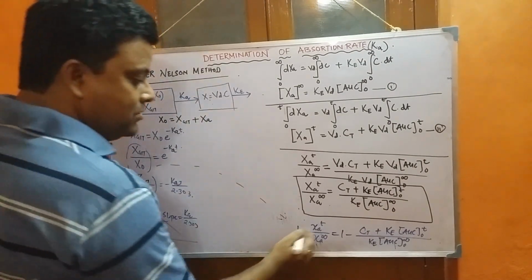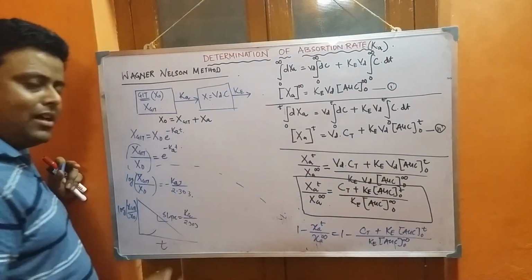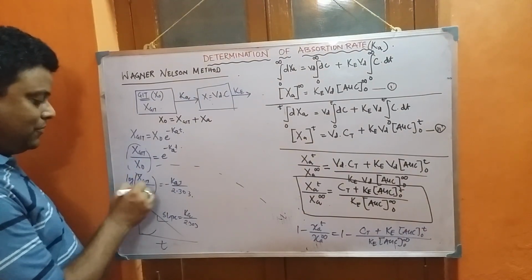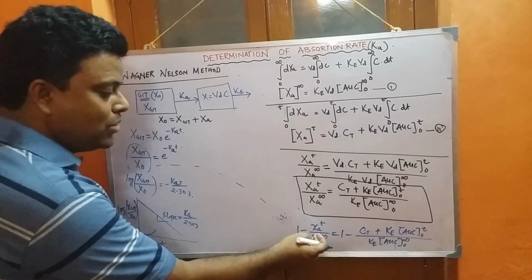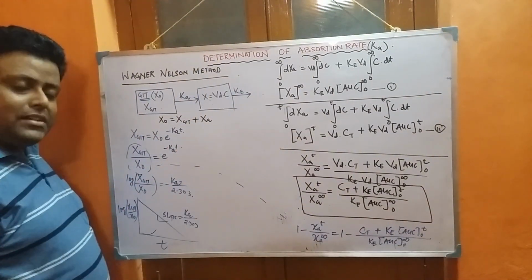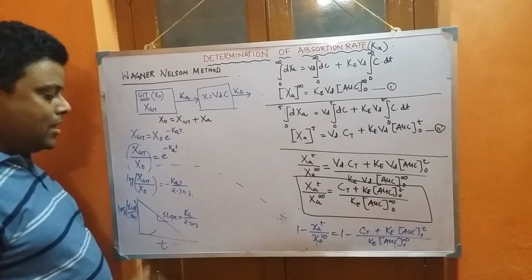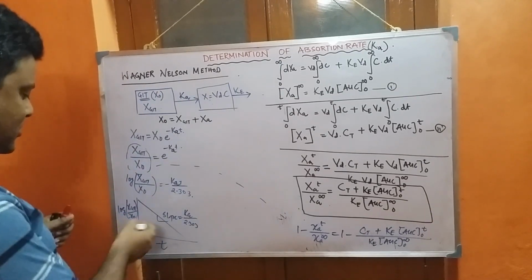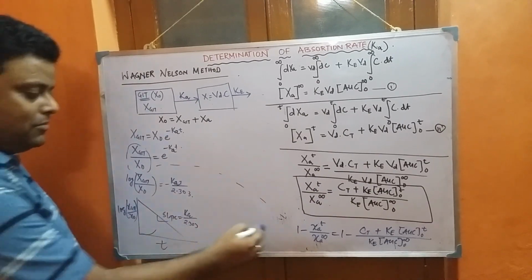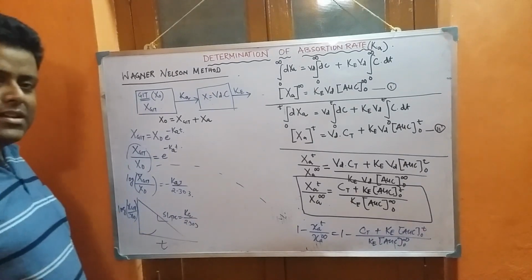Okay, so this thing you are getting. Now they have done, suppose this is the fraction of the drug absorbed, and you want to get it in percentage. So if you want to represent this fraction in percentage, you multiply by 100 on both sides, and you will be getting the percentage of drug which is unabsorbed. Now, if they are saying percentage fraction log, take log on both sides. If you take log on both sides, automatically you will get log of the amount of drug which is unabsorbed.